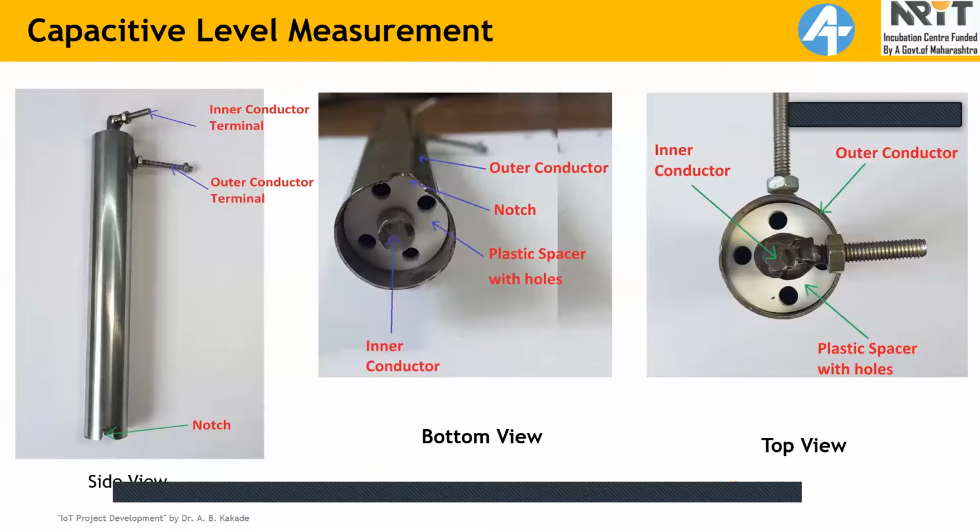So for a higher level of fuel inside the coaxial capacitor, we get a larger capacitance. This capacitance is directly proportional to the fuel level. The measurement of capacitance using FDC1004, I have already explained. So what I recommend is, you watch the previous recorded session one or two times. You will understand how to measure this fuel level with the help of this coaxial capacitor.